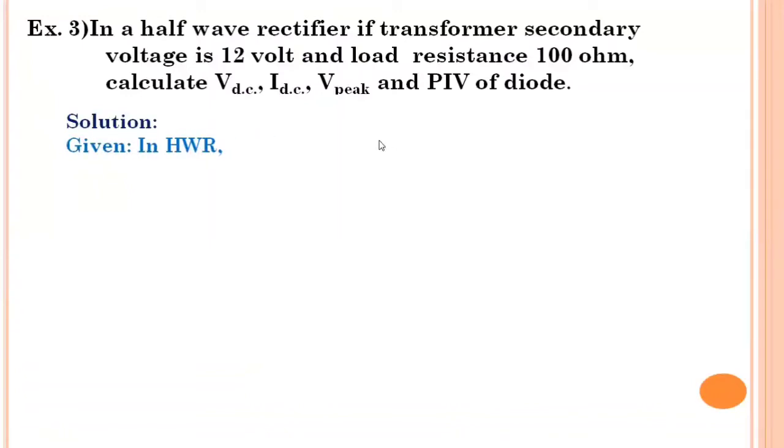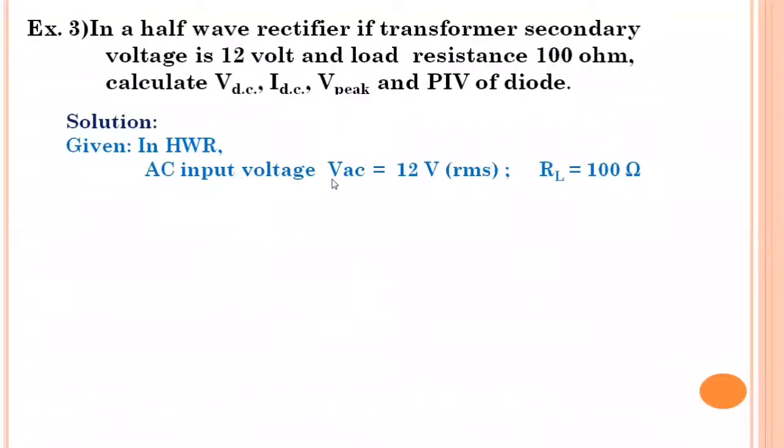We are given, in the half wave rectifier, the AC input voltage across the secondary VAC as 12 volt. Then at the output the load is 100 ohm. Then you have to find out the following. To find the VDC, you should know the Vpeak, so first you have to find the peak voltage from the RMS value of the AC input. Then we can find the DC voltage, then from VDC upon the load we can get the IDC, and finally we'll get the conclusion for the peak inverse voltage of the diode, step by step.